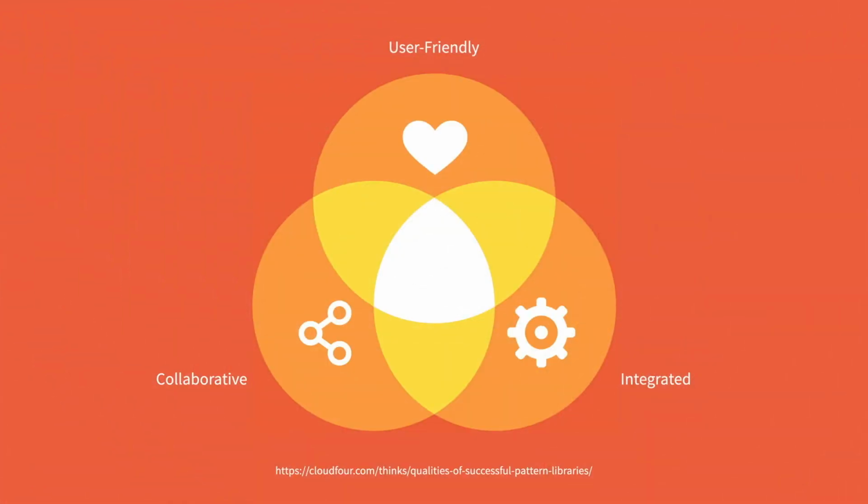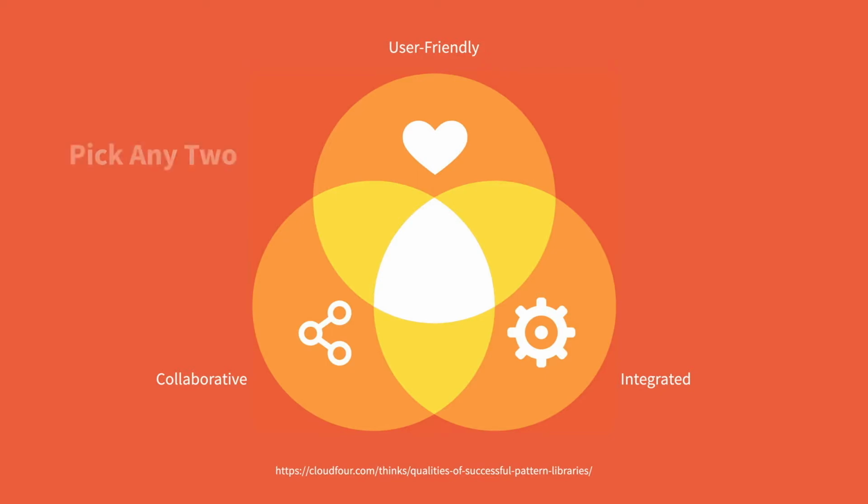A few years back, my business partner, Tyler Sticka, wrote this article about how there are 3 characteristics of what he considers a successful design system. That it's user-friendly, that it's easy for people to understand how to use a system and it's documented well. That it's collaborative, so that it's possible for people to be able to contribute new components back to the design system, and that it's clear what happens when there's a use case that wasn't accounted for. And that it's integrated so that the components go directly into whatever the products or applications are that need it.